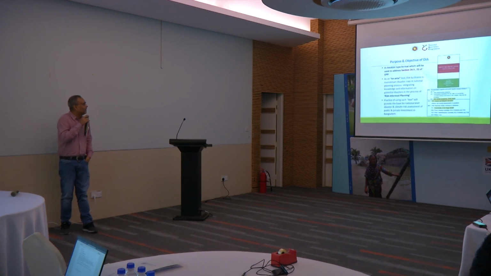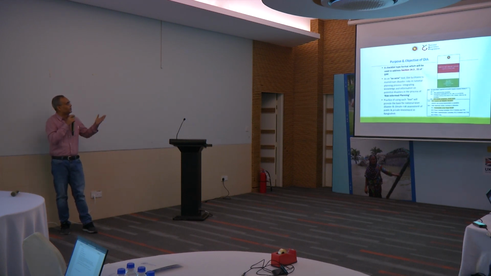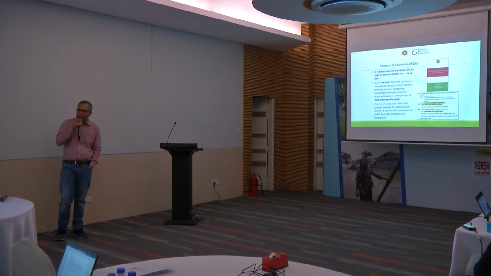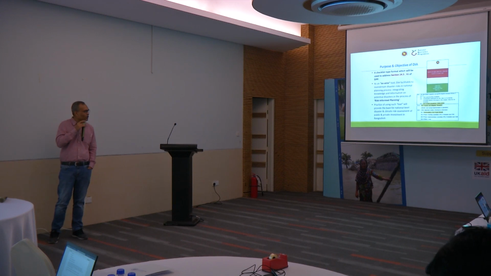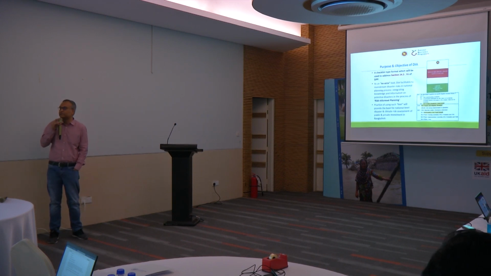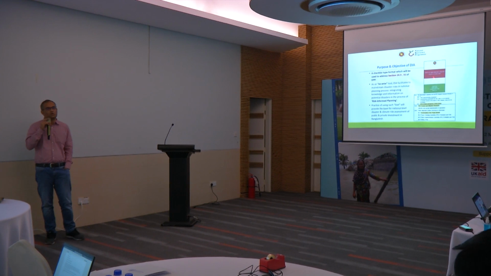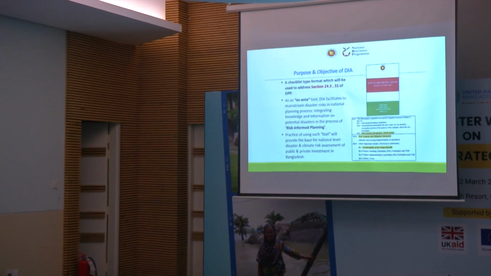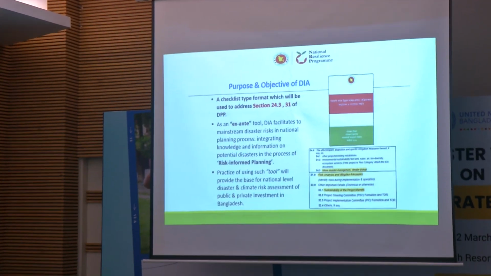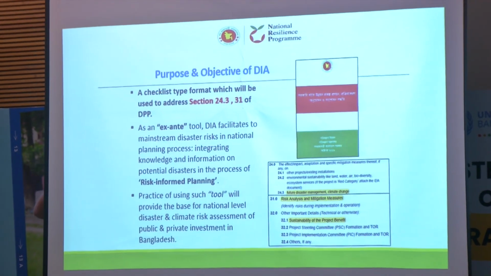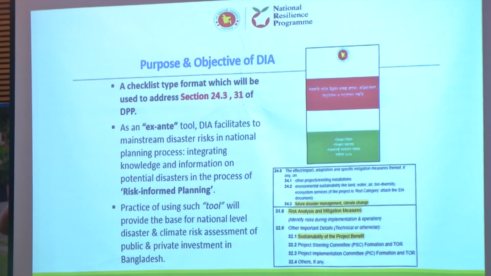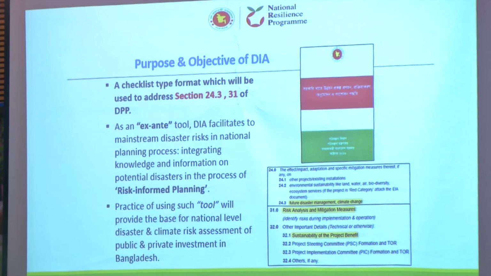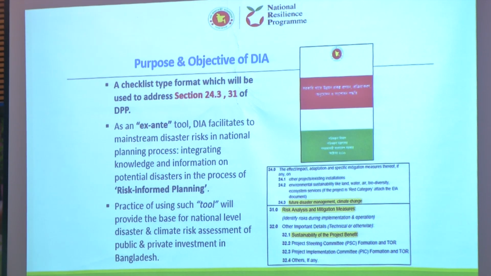So next slide. Another important document is a government document, a manual or procedure, popularly known as the Green Book, or Poripatra. This is used for development planning. All these development planning procedures use this book to design development projects, to plan, monitor, and implement. So in that book, particularly in the investment projects, there is a specific section, section 24.3 and section 31 in the English template and 30 in the Bangla template.